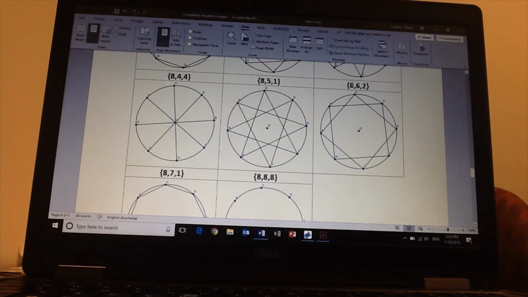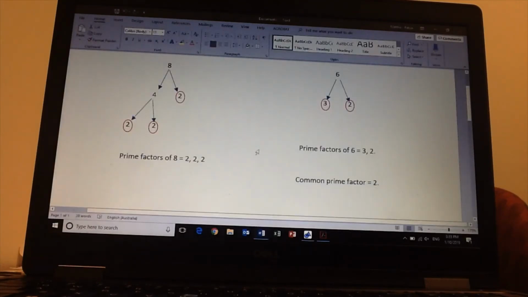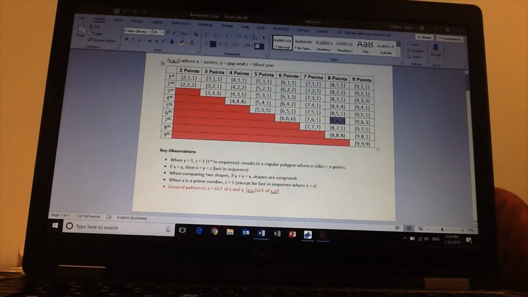So I need to find the greatest common factor between the 8 and the 6. To do that, you create prime factorizations, or factor trees. For the prime factorization of 8, you split it into factors of 4 and 2, and your 4 gets reduced again to 2 and 2. So 8 has prime factors of 2, 2 and 2. 6 is split into 3 and 2, with prime factors of 3 and 2. The only common prime factor between the two numbers is 2. So if we go back to our table, you'll find that the z is the greatest common factor, which is 2. This works for all of them, so that is why I've made that the general rule for